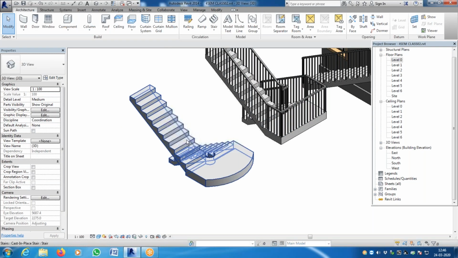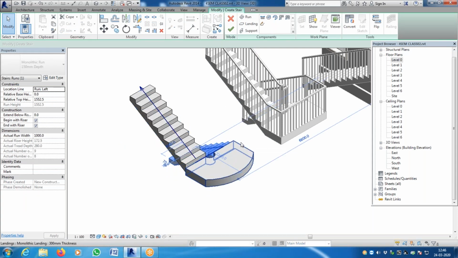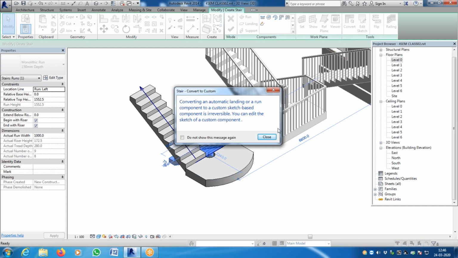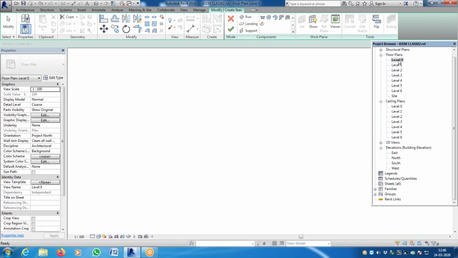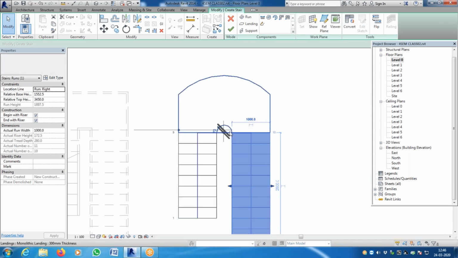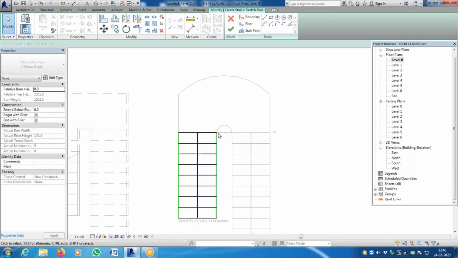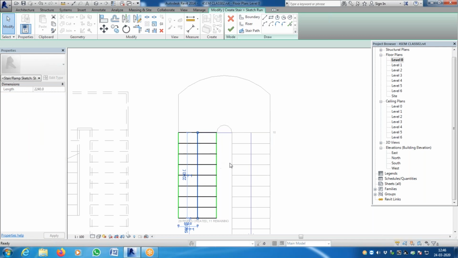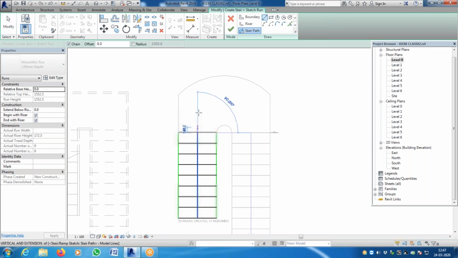Okay, one main problem over here is that, I think I'll have to draw a stair path so as to